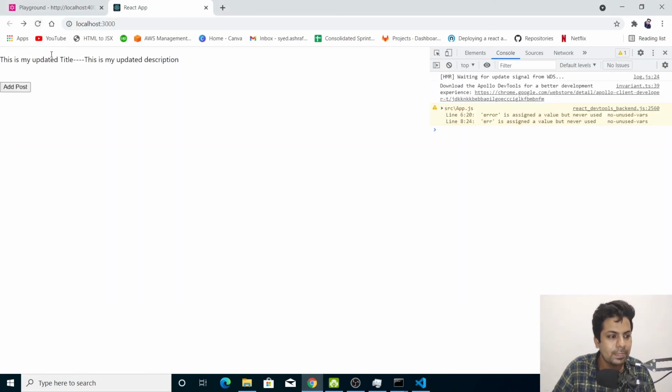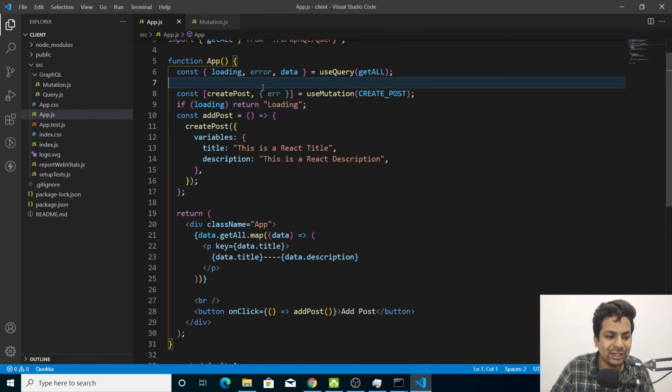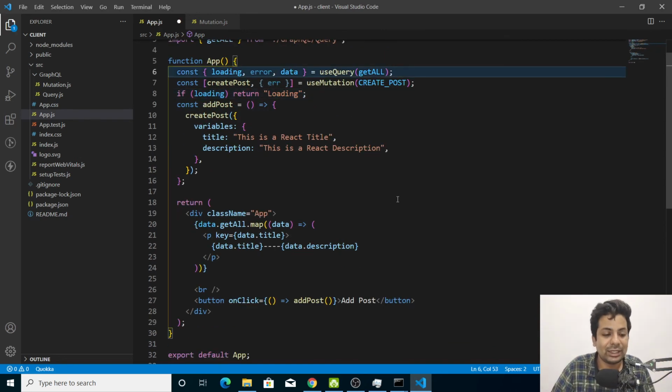Okay, yeah, so loading. Now if I do add post, the post will be added and I'll get a return, but not here because I haven't included it. I think the post is added. If I just do a reload, see, this is React title, this is React description. So you can get my code on GitHub.